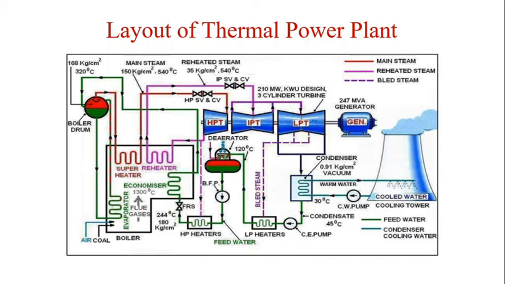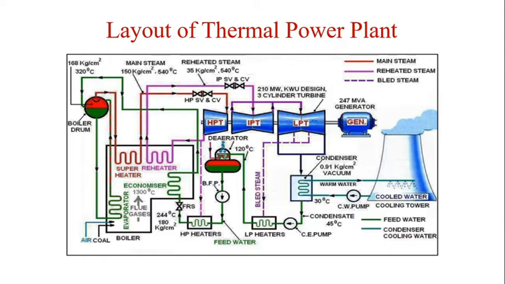The saturated steam from the boiler drum is taken to the low temperature superheater, platen superheater and final superheater respectively for the superheating. The superheated steam from the final superheater is taken to the high pressure steam turbine, that is HPT. In the high pressure turbine, the steam pressure is utilized to rotate the turbine and the result is rotating energy. From the HPT, the outcoming steam is taken to the reheater in the boiler to increase its temperature, as the steam becomes wet at the HPT outlet.